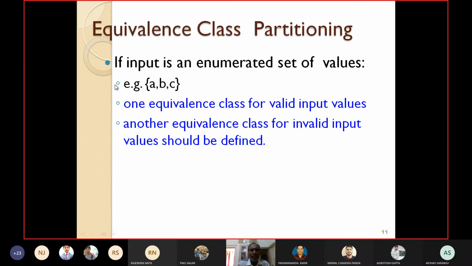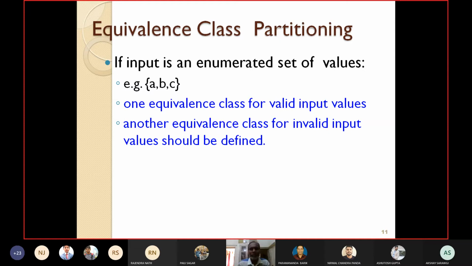So another equivalence class from the set of alphabets excluding ABC represents the invalid input values. So when the input is an enumerated set of values, we define two equivalence classes, one for the valid input values and another for the invalid input values.